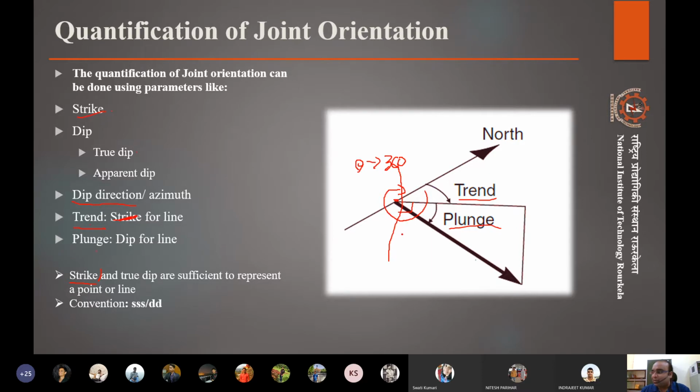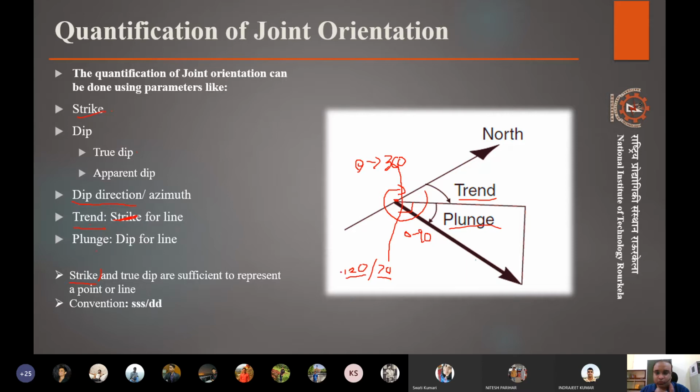Since these values go from 0 to 90 and those go from 0 to 360, we generally use a representative convention of 3 digits for the strike direction or trend, and 2 digits for the dip direction or plunge. So if a plane is represented as 120/70, it clearly says the strike of that plane is 120 degrees and the dip is 70 degrees, with no confusion.